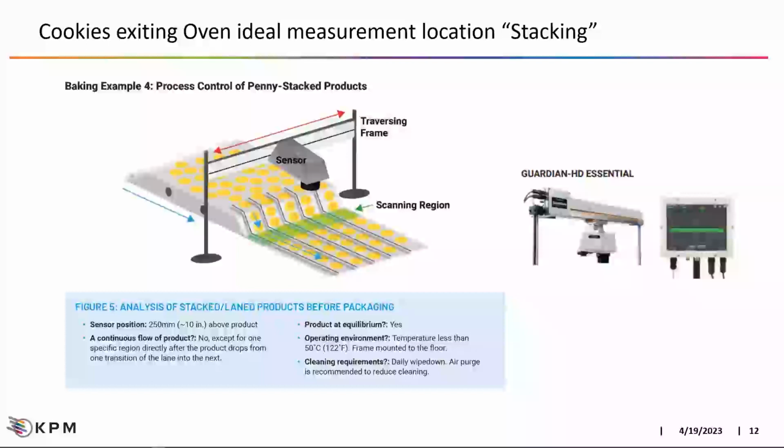So I'm going to talk about cookies. Cookies exiting an oven, or they could be crackers. Ideally, you want to measure the moisture content after the oven, before they're finally in packaging. So here was a novel solution. We used our Guardian